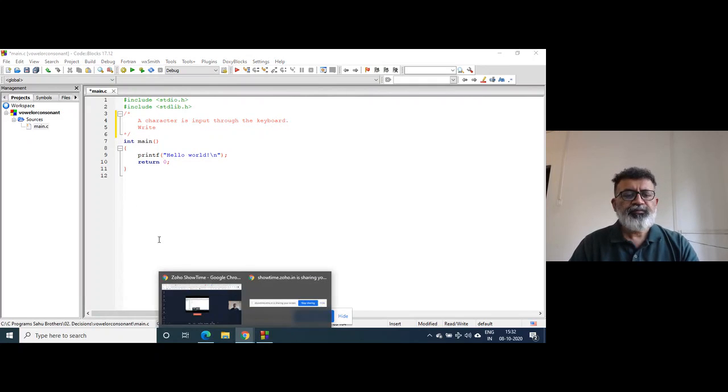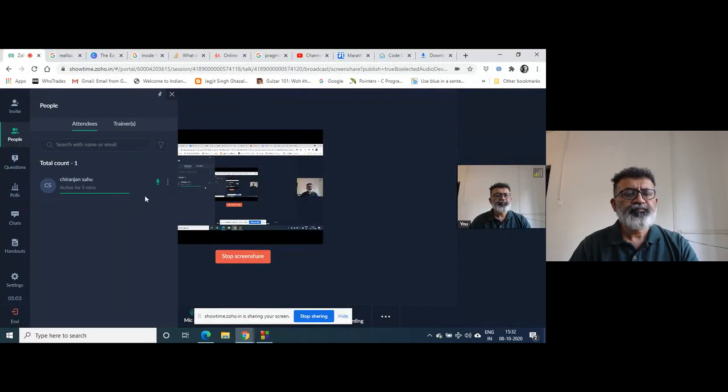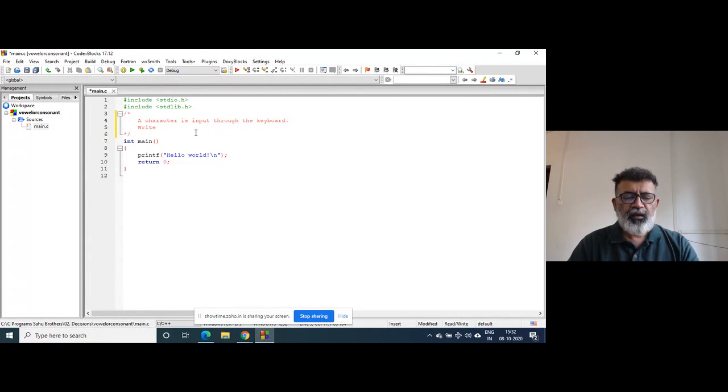Write a program to print whether a letter is a vowel or a consonant. Instead of character we should say letter. Letter is the correct word.